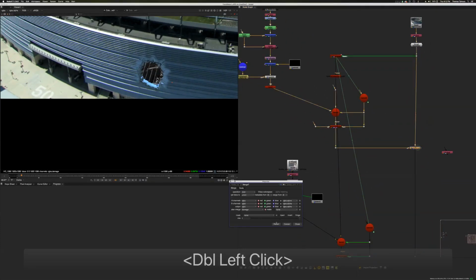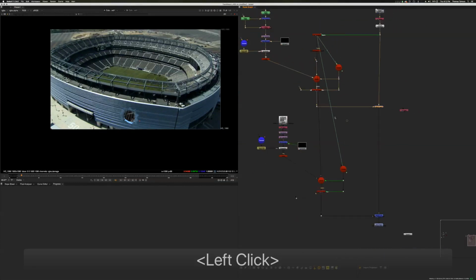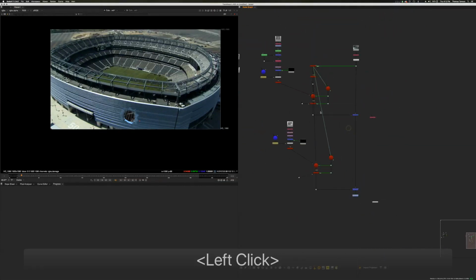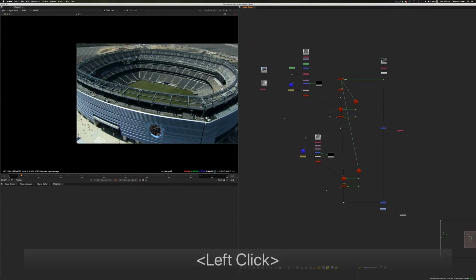We could even maybe try to fade it a little bit. Nah, that's not really going to work for us. Maybe just a hair. Nah. You know, you can play with this. The purpose of this isn't really to work on the color matching, but just set up two simple projections here. So we're projecting the inside of the stadium, and we're projecting